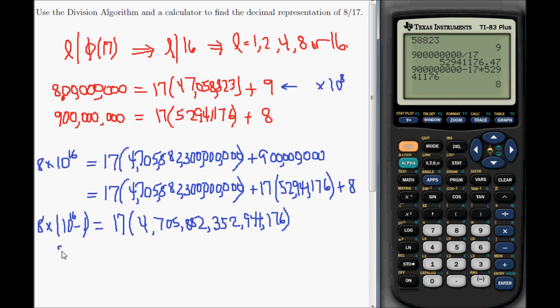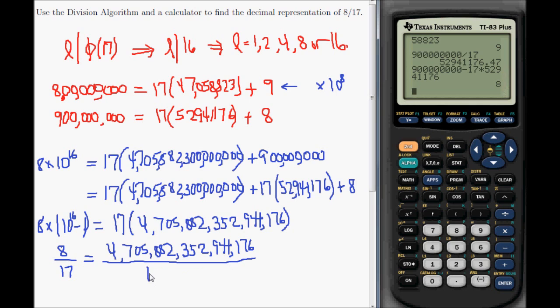And therefore 8/17 is equal to that quotient, that big quotient. So there's my numerator on the right-hand side, divided by 10 to the 16th minus 1. And so from the theorem from class, we know that this is going to be equal to